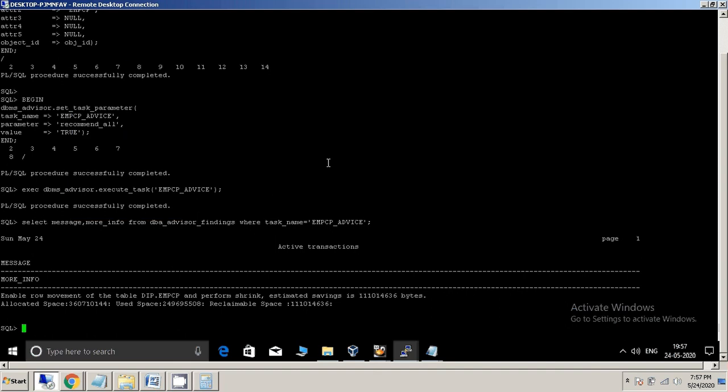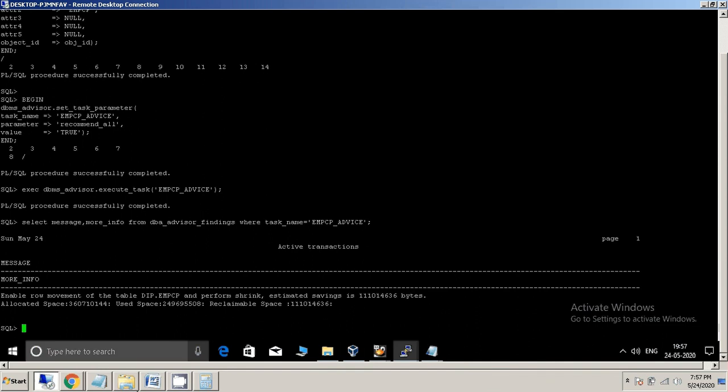Shrink is not the best option in production systems where people are currently working, but somehow we have a lot of challenges because the tablespaces are increasing and there is no way to reduce them. Another option is export and import, but that requires total downtime. Rather than that, shrinking tables is also one of the options. Else we can move the table from one tablespace to another. Let's see here how we can shrink. The other scenario we will see in another tutorial.